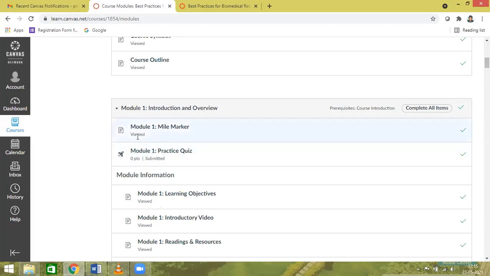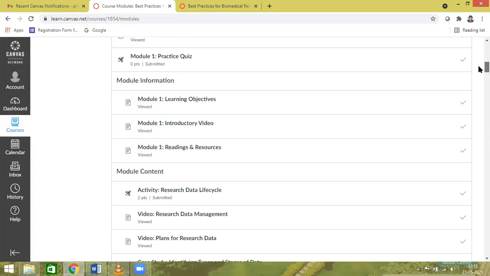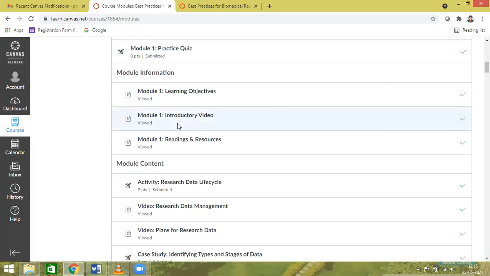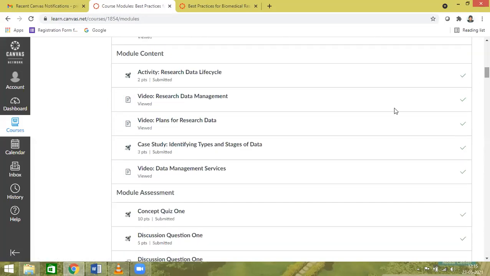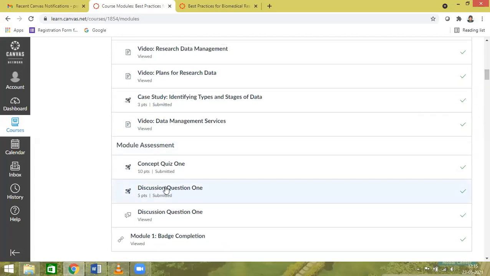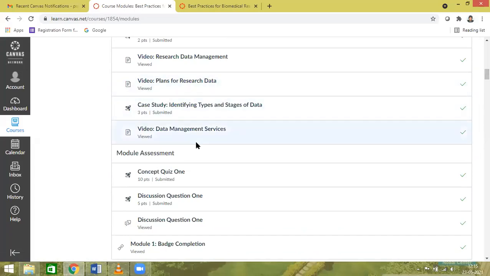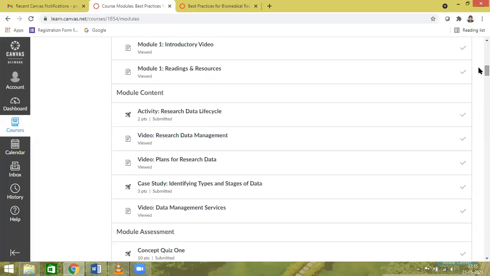So viewed means it is done. Be relaxed. View means we are supposed to do it once again. So you can see module 1 is completely done. Case study and concept quiz also we have taken. You can see by default, it will show you the points, right? So after completion of every module, you have to check, 9 modules will be there. Then only you'll get the certificate.